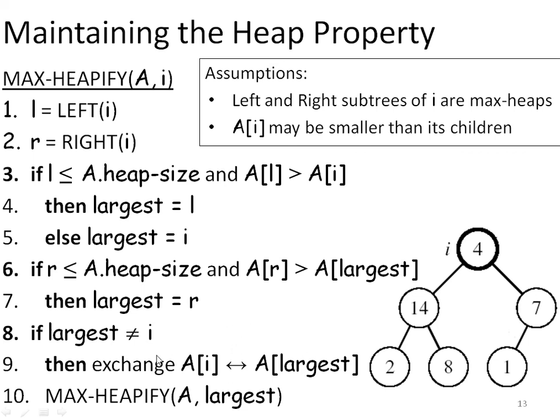And since we have done a swapping, because of this swapping, the max heap property may get violated in the lower part of the tree. So accordingly, we have to call max heapify